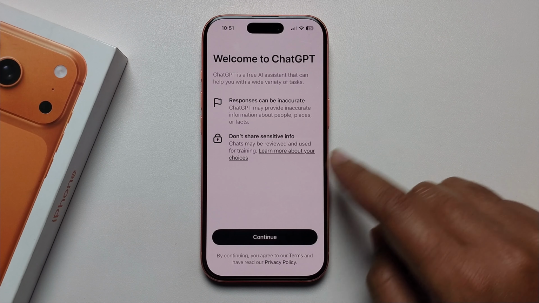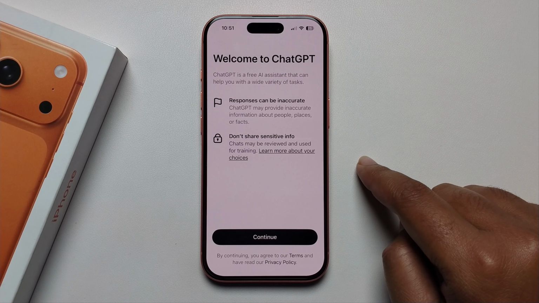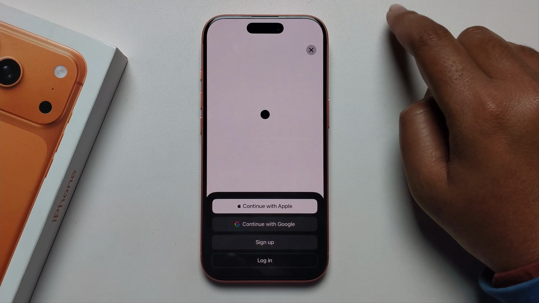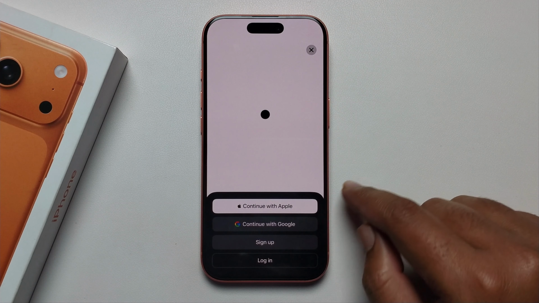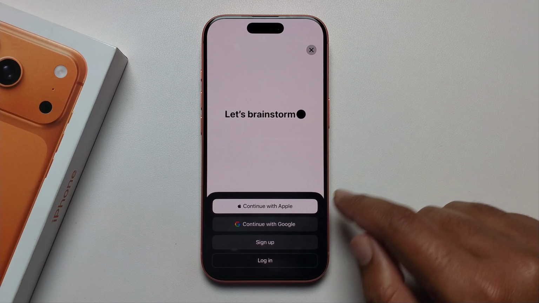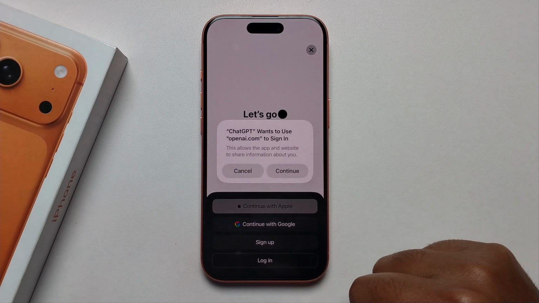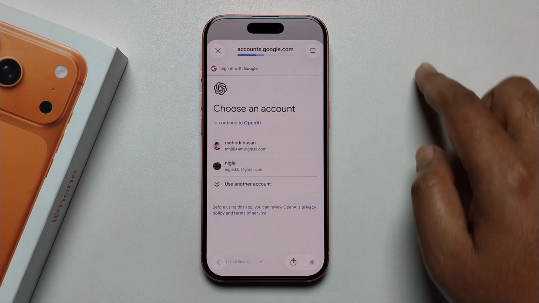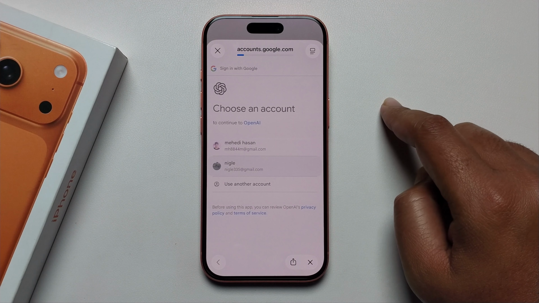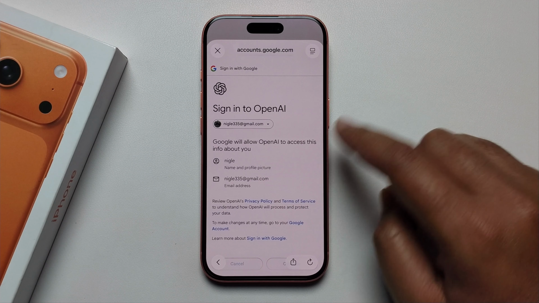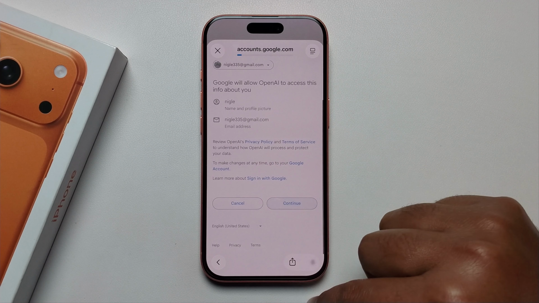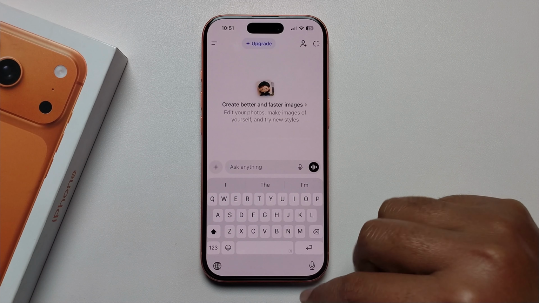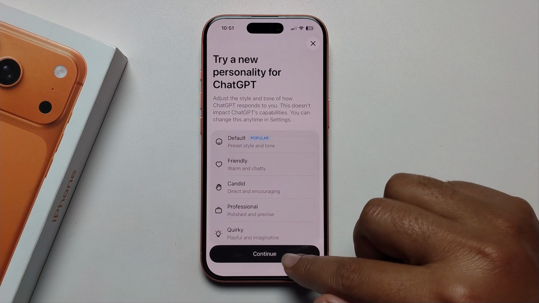and if you want to use this, at first you need to set up. Continue, sign up using your Apple account or Google account. I'm using my Google account. Select account, continue, and now set up,